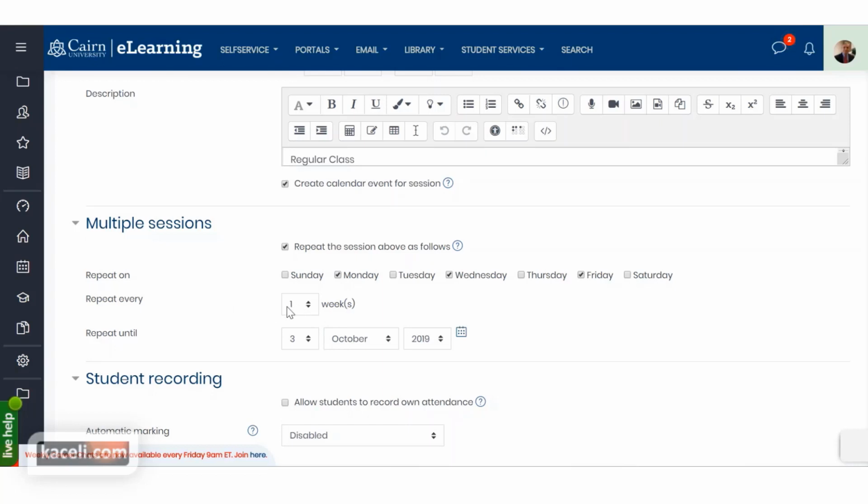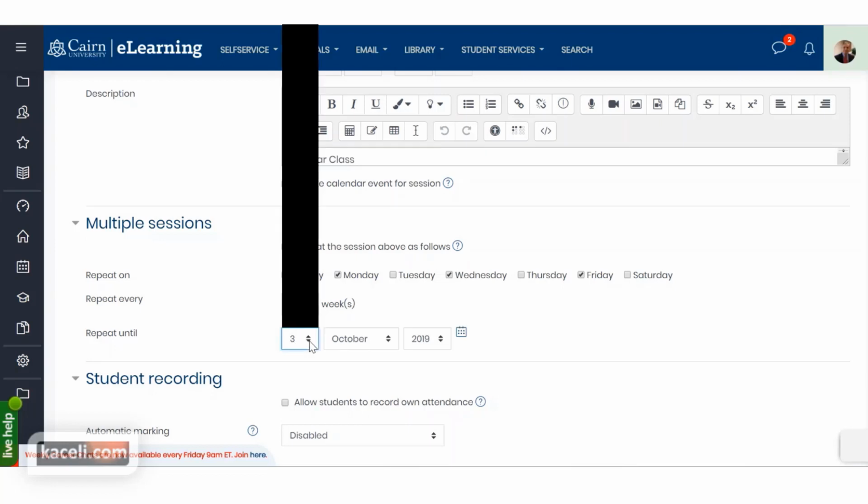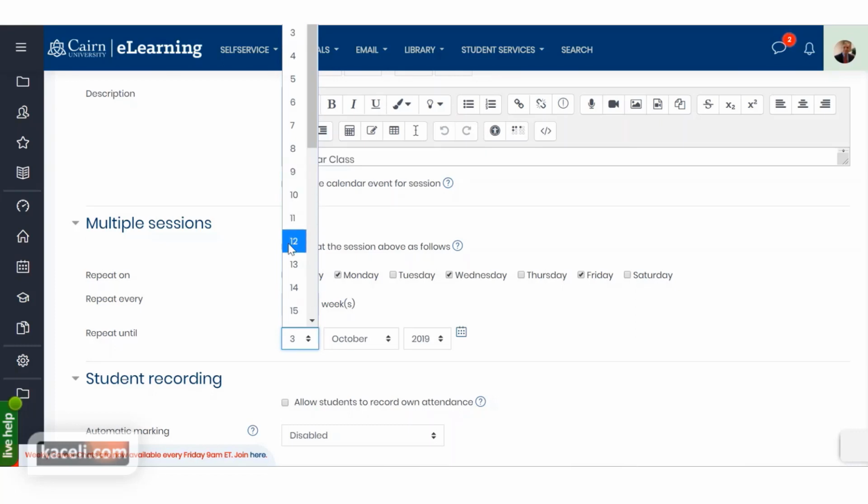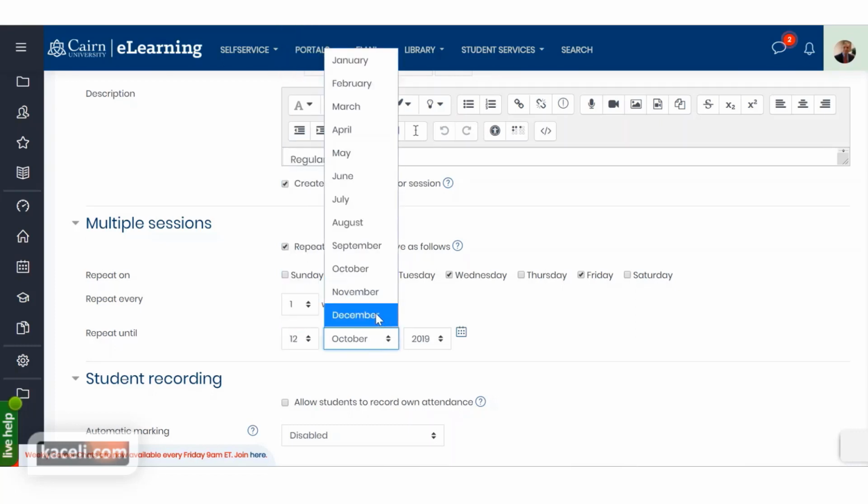And then you could state that you want to repeat this every week. That's provided, of course, your class typically meets weekly. And so basically you'd leave that there as number 1, every 1 week. And then we'd repeat this, let's say, until December 12th,